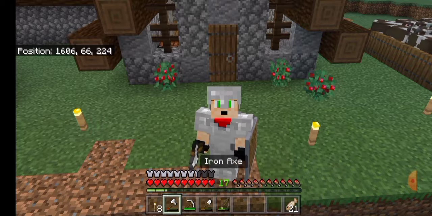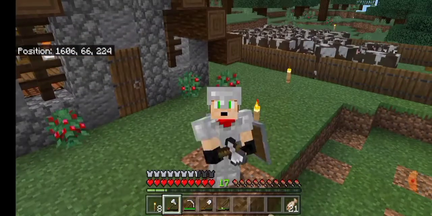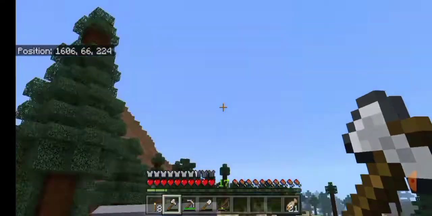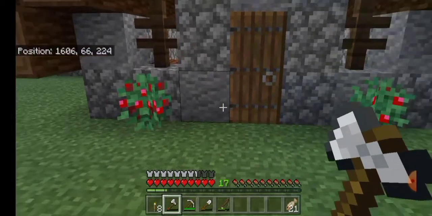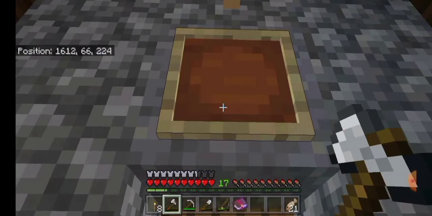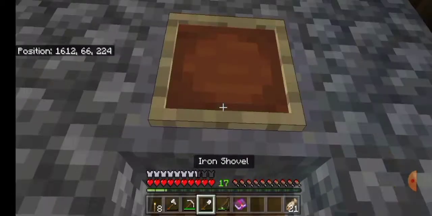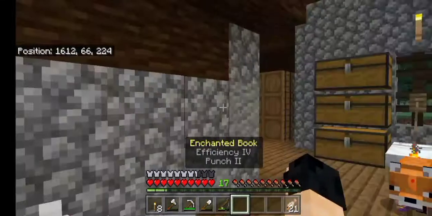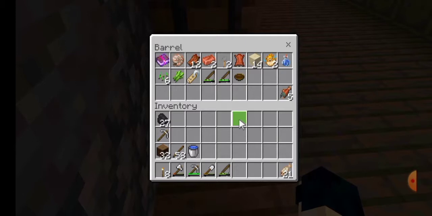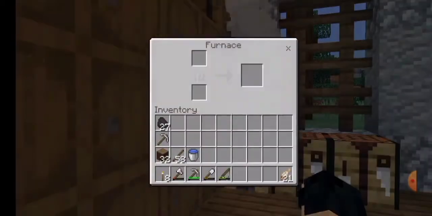Now today is a very special episode. As you can see, I have some iron gear already, but I think it's time that we actually improve a lot upon this. So for today's episode, we're going to be focusing on mining and how to get diamonds and stuff. Now I did get this book way earlier in the start of the series. It is an Efficiency 4 book which will massively improve how fast we can dig, but for now I'm not going to use it. Also some fishing loot and some food I have gathered